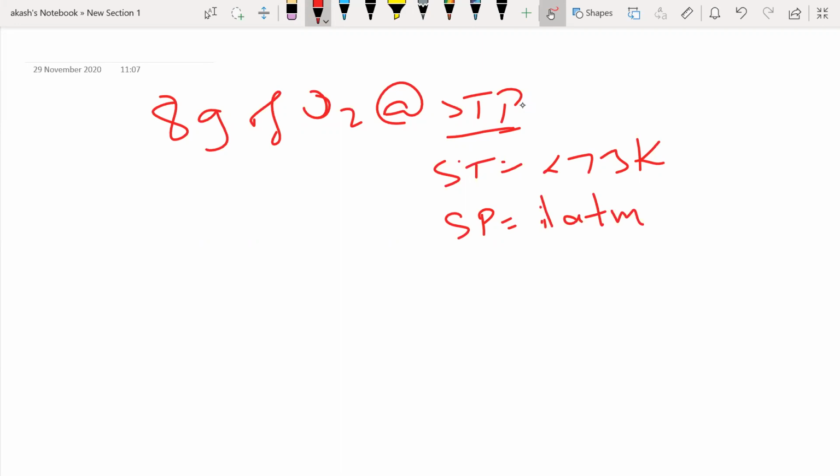Now tell me, what is the definition of moles with respect to volume? We say 1 mole of something, we have some definition, right? There are three definitions for number of moles, one in terms of mass, one in terms of number of particles, the other in terms of volume. Can you list out all three? First, how do you define 1 mole with respect to mass?